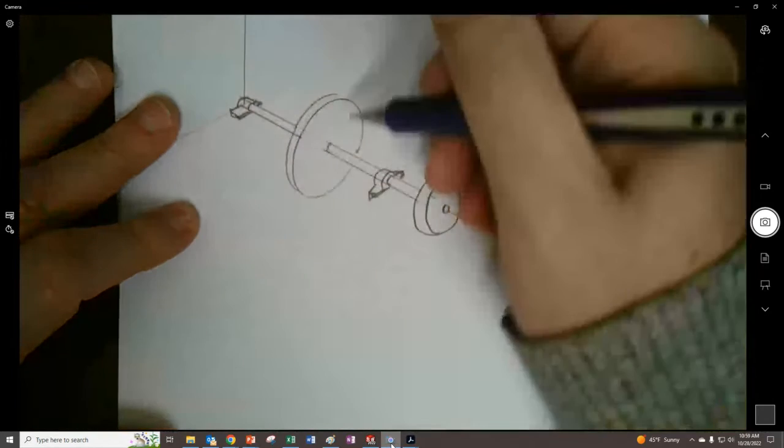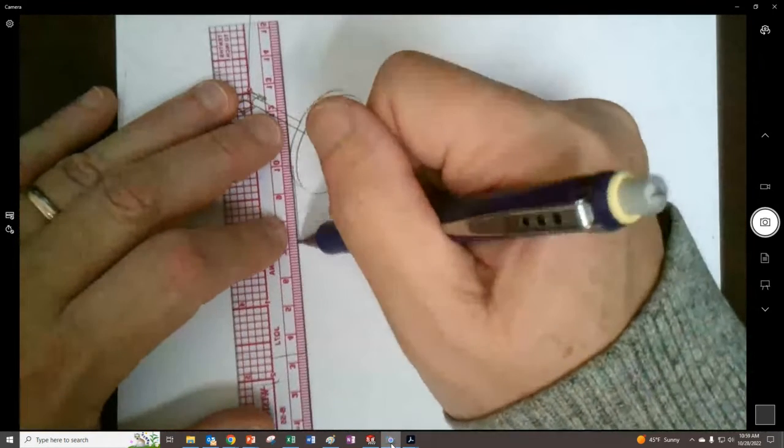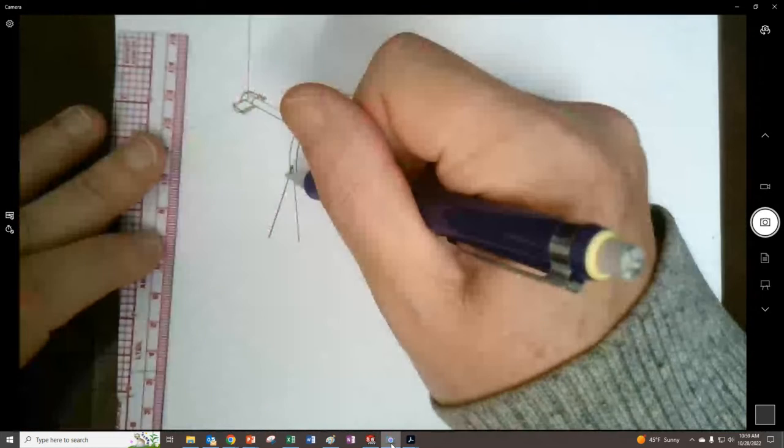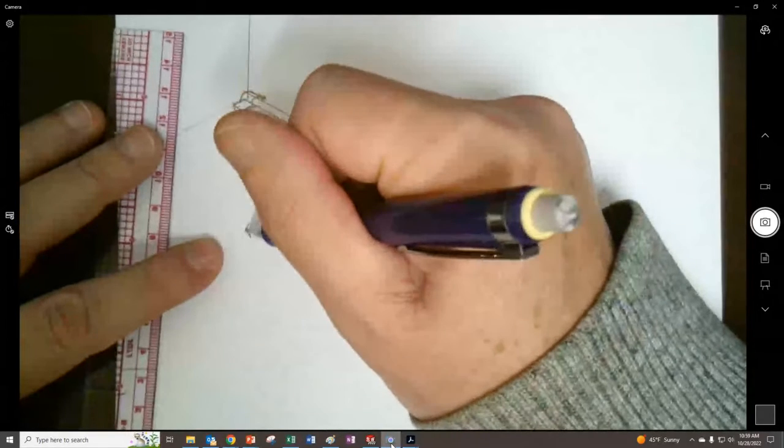Not my best work, but good enough right here. All right, so this other force has come in here, so this should be aligned with this. It's also coming in at an angle, because that's how gears work. They have a profile,